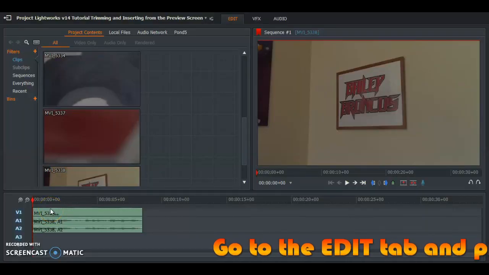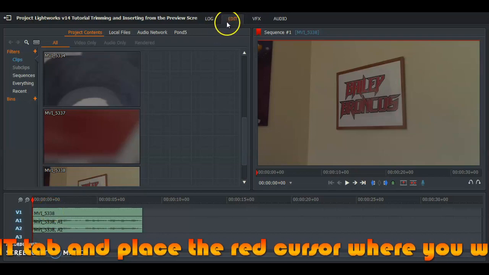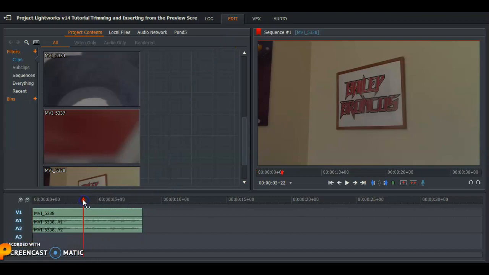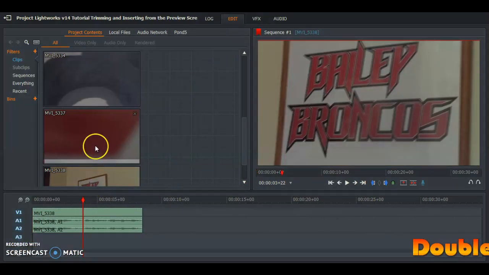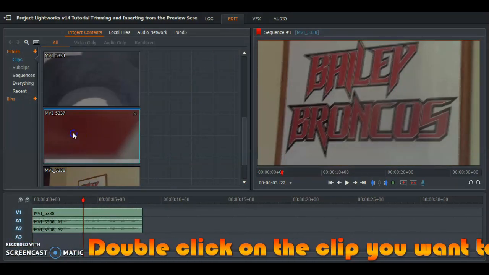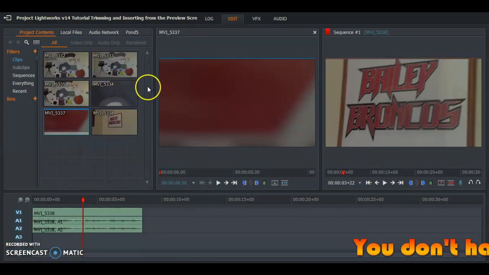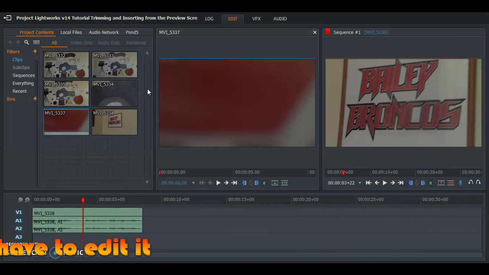Just like this. First, what you want to do is go into the Edit tab and place the red cursor on the timeline where you want to insert your clip. Next, you want to double-click on an imported clip you want to insert into your video so it pops up into the preview screen. If you don't want to trim the clip, you can just click Insert and it will